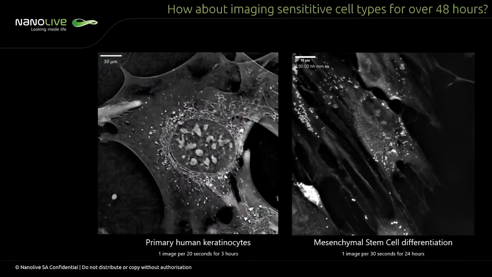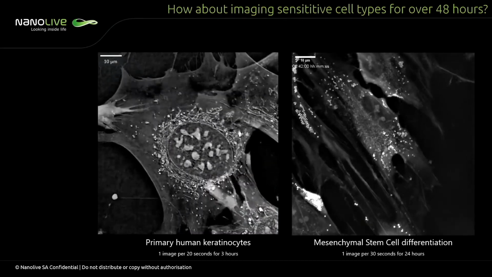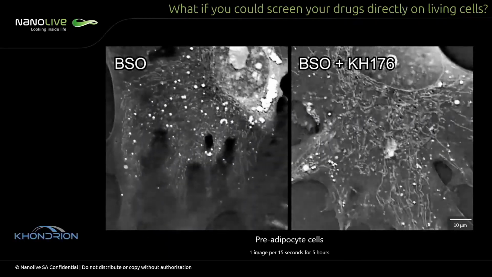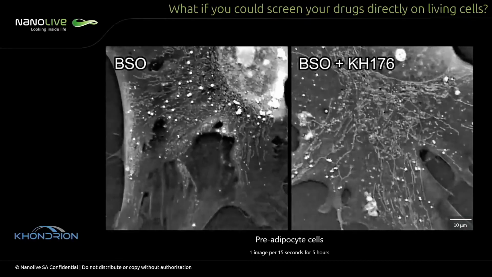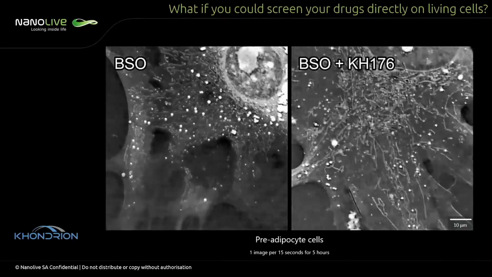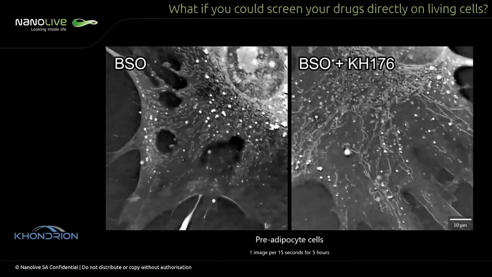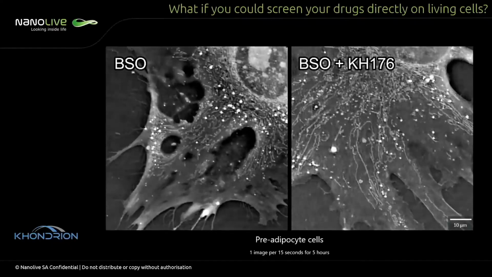And also you can then see stem cell differentiation over long periods of time. So essentially, if you can see what's happening in your living cells, you can see the effect of drugs directly on these living cells. Here we have an example of a drug candidate which is rescuing a cytotoxic effect induced